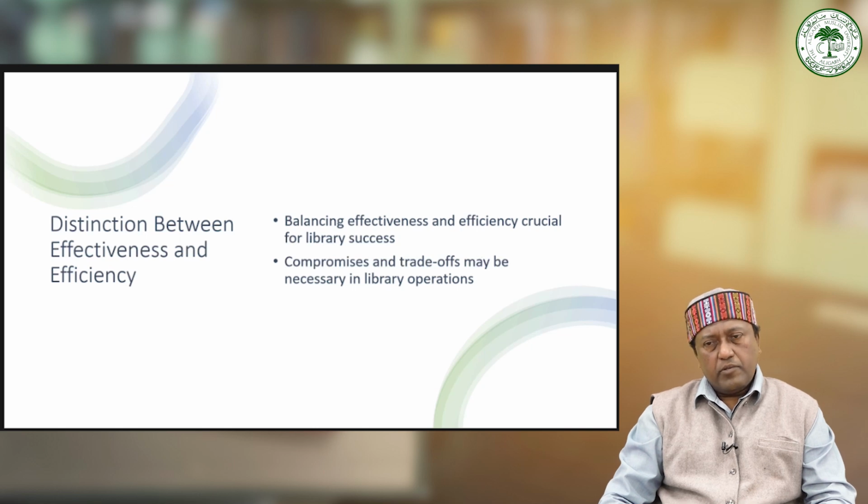Whereas in case of academic libraries, we know that the students, researchers, or faculty will be coming from different disciplines. So the thing is, within the allocated budget and resources, the library has to manage all the services, manage a good collection, and manage proper paraphernalia for the clients or patrons. So these two things will be very important: effectiveness and efficiency.